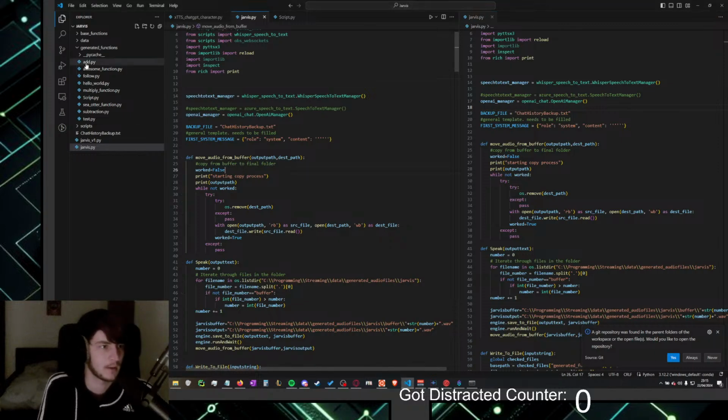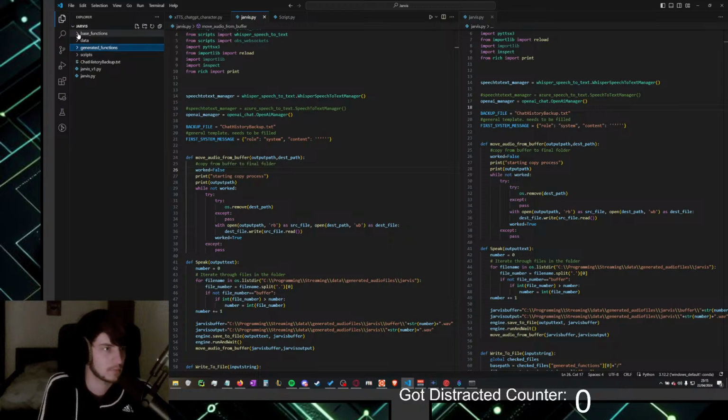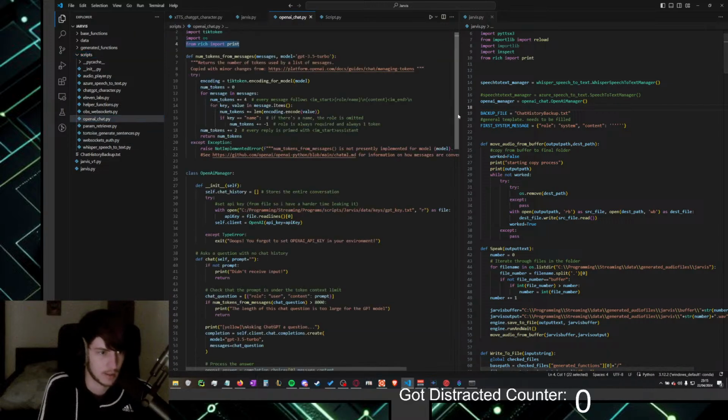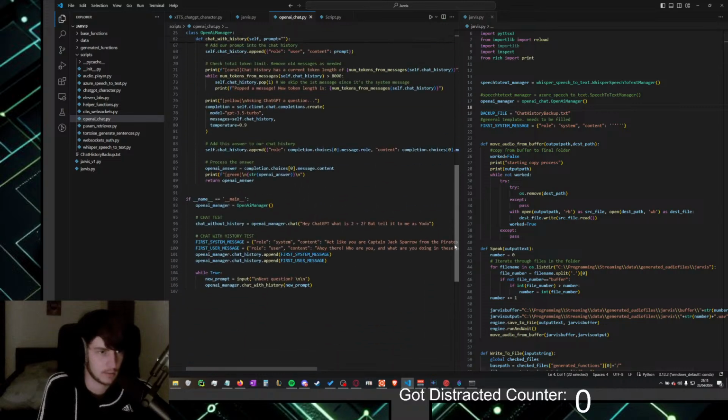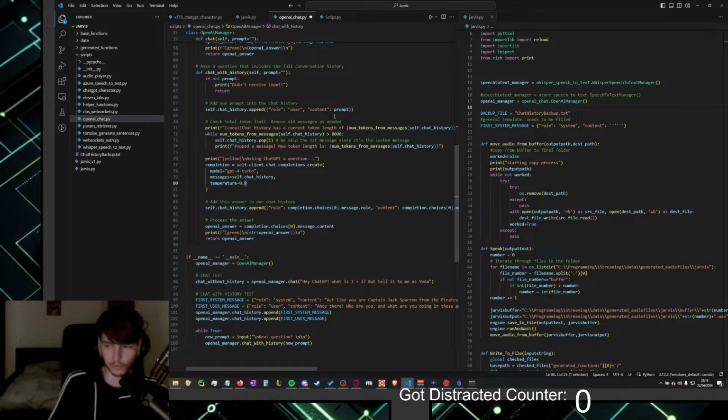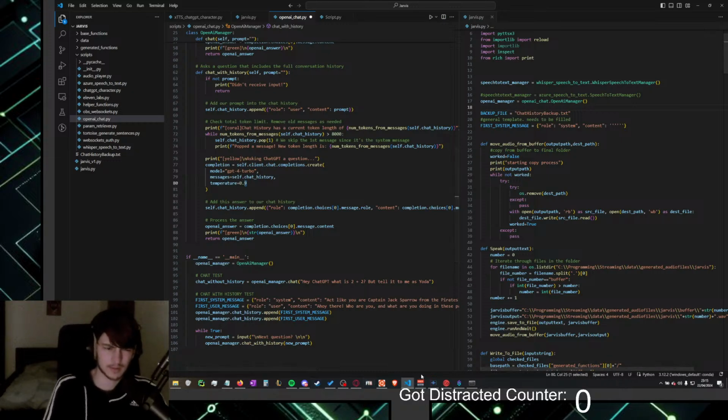Anyways, I was not in this one, in scripts, right? I wanted to go into OpenAI chat, and I remembered that I'm using GPT 3.5 Turbo, and I will upgrade that to GPT 4 Turbo, because I feel like it's not the best idea to not use the best model for this.